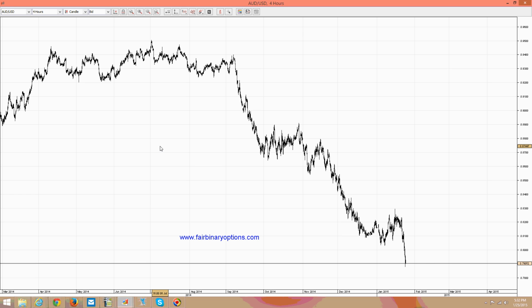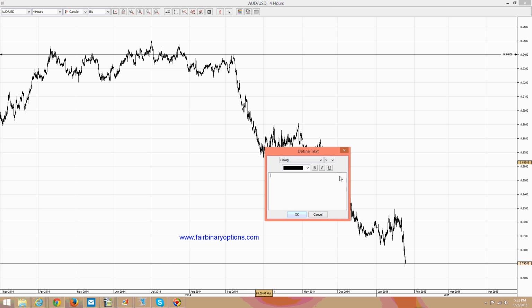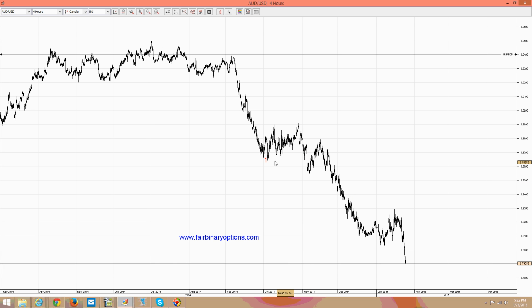The Australian dollar US dollar forms a so-called bearish impulsive move that started by the time this triangle here was ended. And I would say that our first wave is nothing but this one here. So this would be the end of the first wave, wave 1. After the end of the first wave, let's make it in red, we're looking for a second wave, but the second wave that started here ended only at this moment of time.